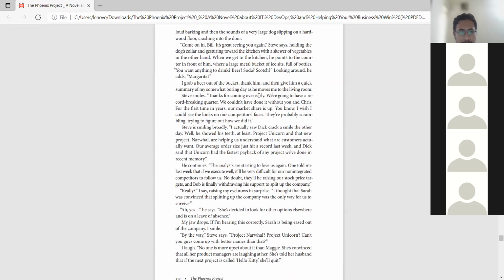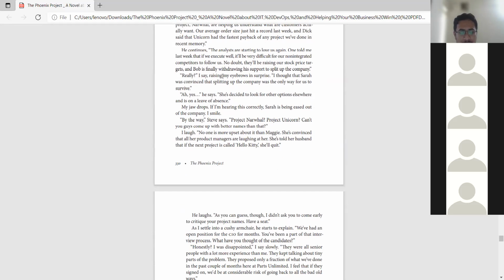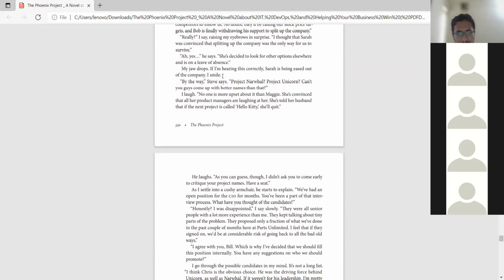So Steve proposes to Bill that he can work for 2-3 years down the line, and then after 2-3 years he can undergo the training. He can be the next CIO, and after 3-4 years he can be the next COO, the Chief Operating Officer. So that is something which Steve proposes to Bill, to take up the new opportunity of COO after 3 years, and then he also asks Bill whom he wants to be the next head of the